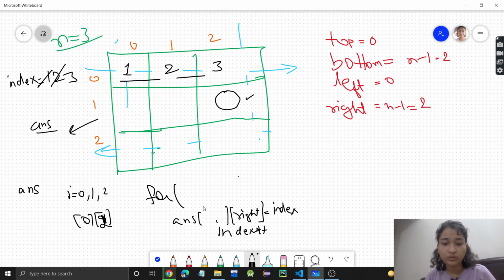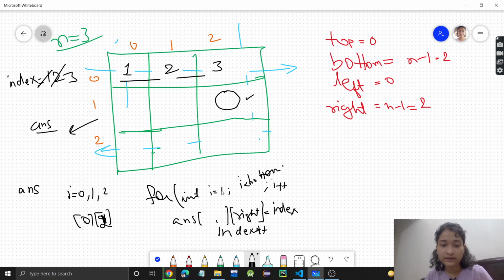But what will be the row? The rows are changing. Row will start from this one row, then the 2 row will come. So it will be int i is equal to. Now see here, from which value will I start? I will plus plus and I will obviously go till the last row, which is your bottom, right? But what will I start from? It should start from 1, right? But we cannot hard code it. I cannot write 1 because every time in the inner loop this 1 will change. We are talking right now about the outer loop, but in the inner loop it will change.